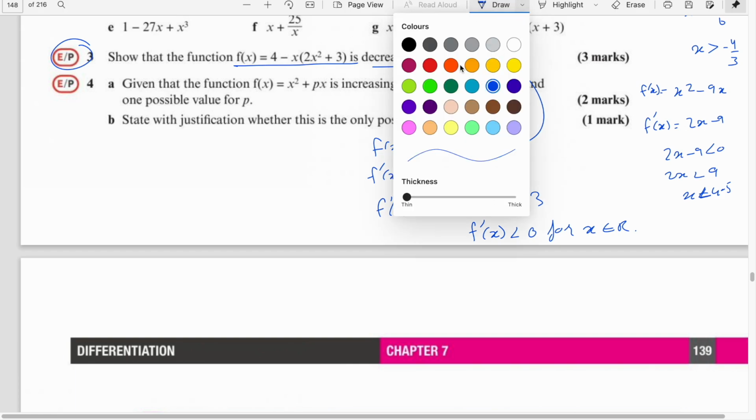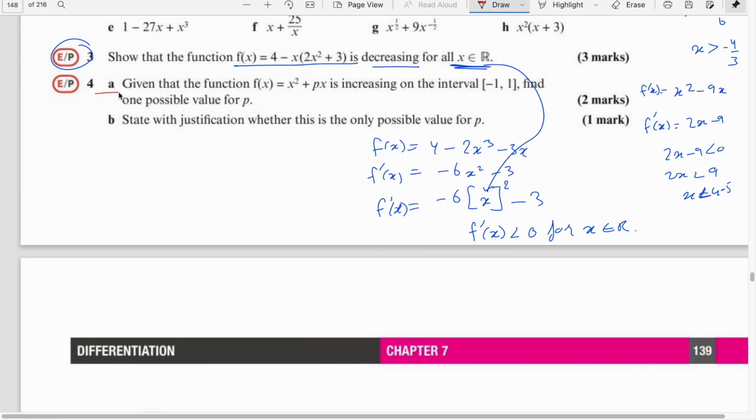Question number 4a. Given that the function f of x equals x square plus px is increasing on the interval from minus 1 to 1, find one possible value of p. Okay, so f of x equals x square plus px. So f dash x equals 2x plus p,